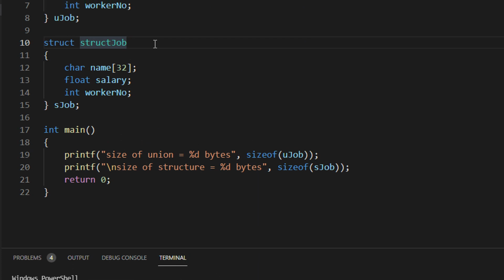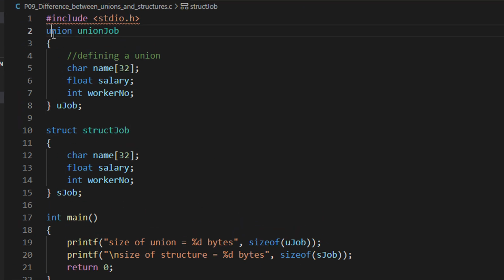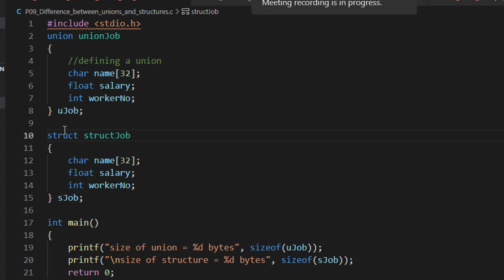Okay, so in this particular example, you can see I have a union as well as structure. Now, what is the difference between structure and union? There is a very little difference. See, like structure, union is also a user-defined data type. What do I mean by user-defined data type? It is just like, for example, in structure, you define something of your own, like an integer float. You define your own complex data type. Union also does the same thing. The only difference between union and structure is how the memory location is shared. So let me just show you this example.